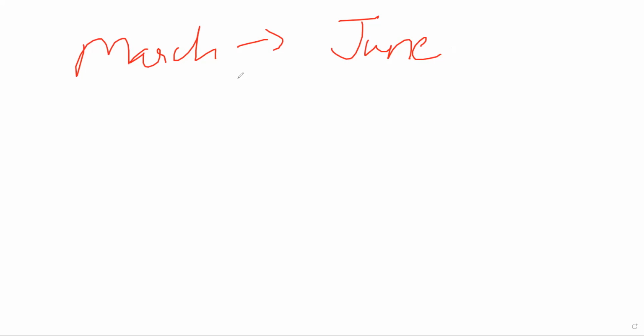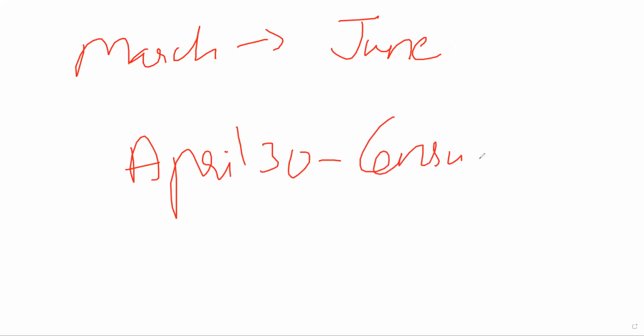So let us suppose I am trying to find out what is the rate of marriage in April, or how many people are getting married on April 30th. This will give me census. Okay, versus let us suppose I try to find out from January to June, what is the rise of the number of married people in India.